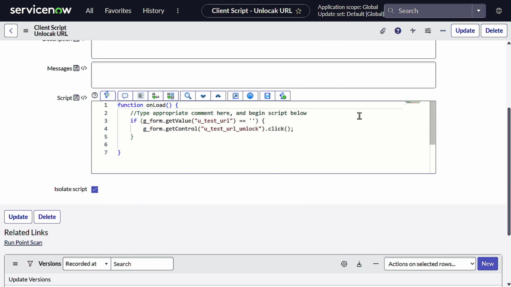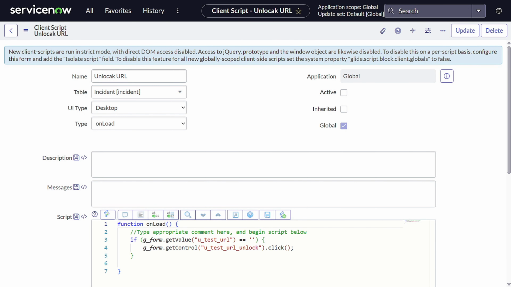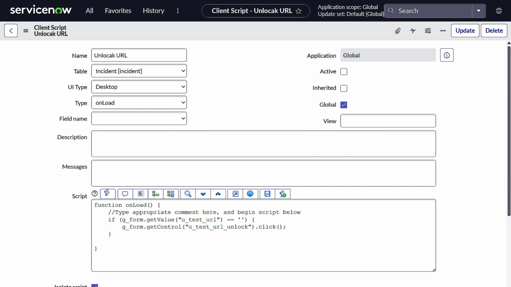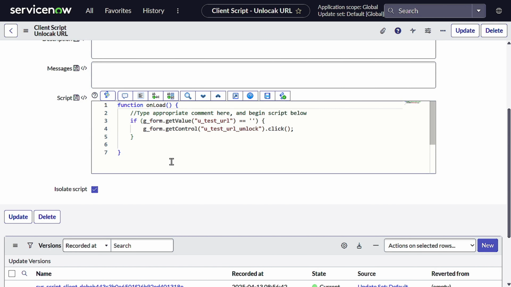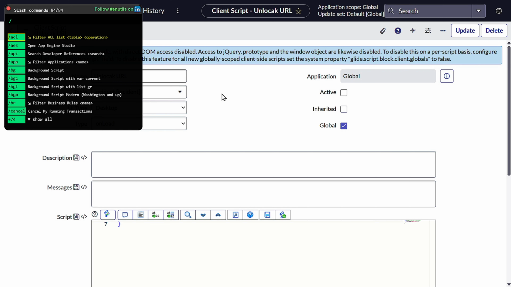And what if we have to have this configuration across the instance, right? Why across the instance? Because this is kind of generic scenario, right? And I feel this is a valid scenario, right? That you want to unlock the URL field when it's empty, right? So for that, ServiceNow has already provided a system property, and to search that, I will just use SNUtils, and